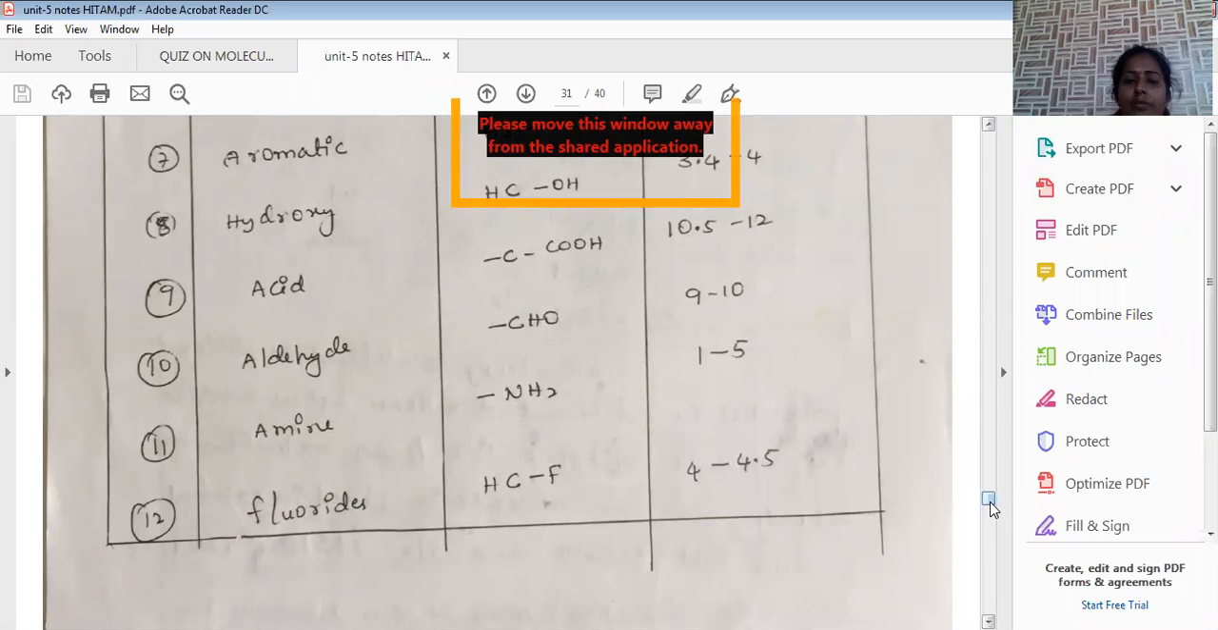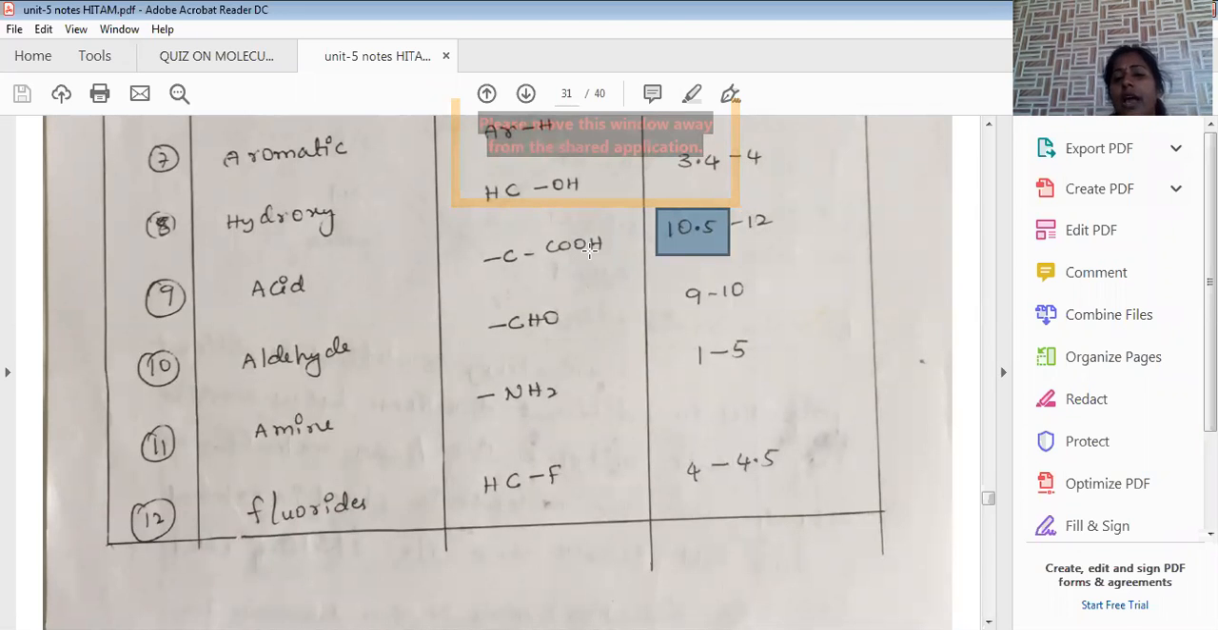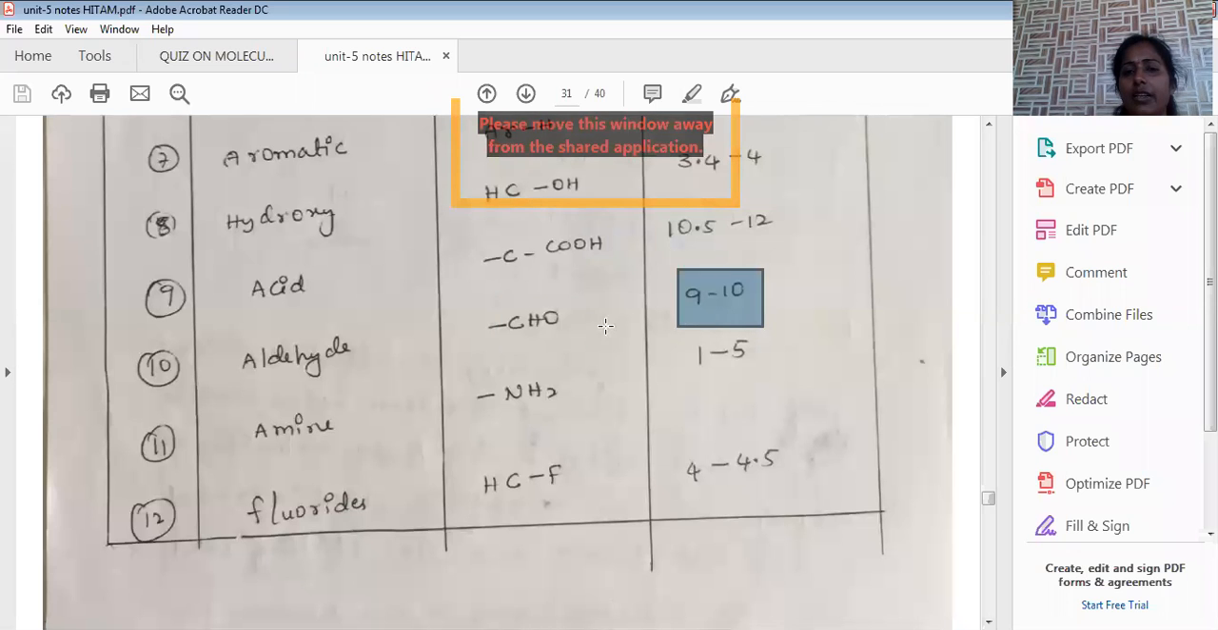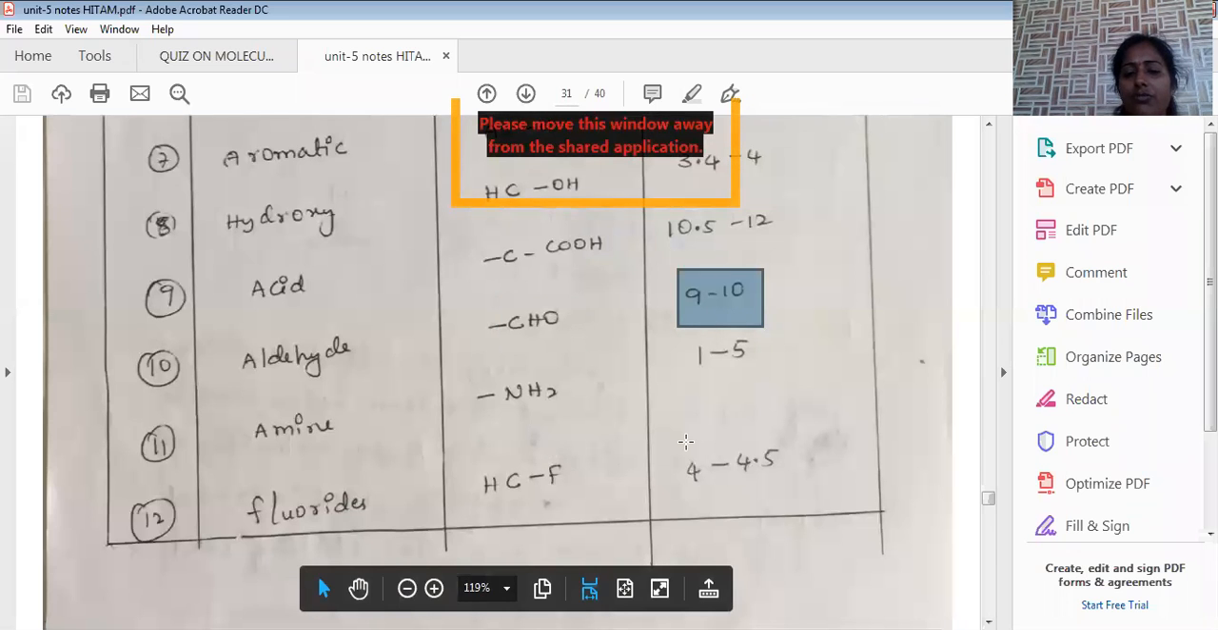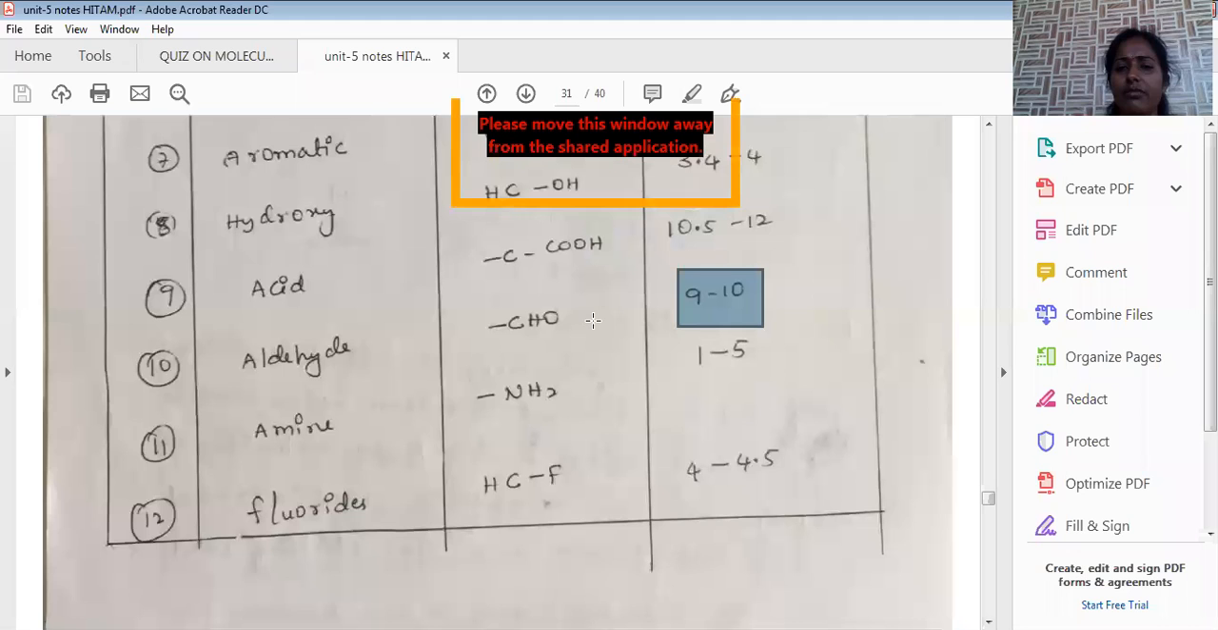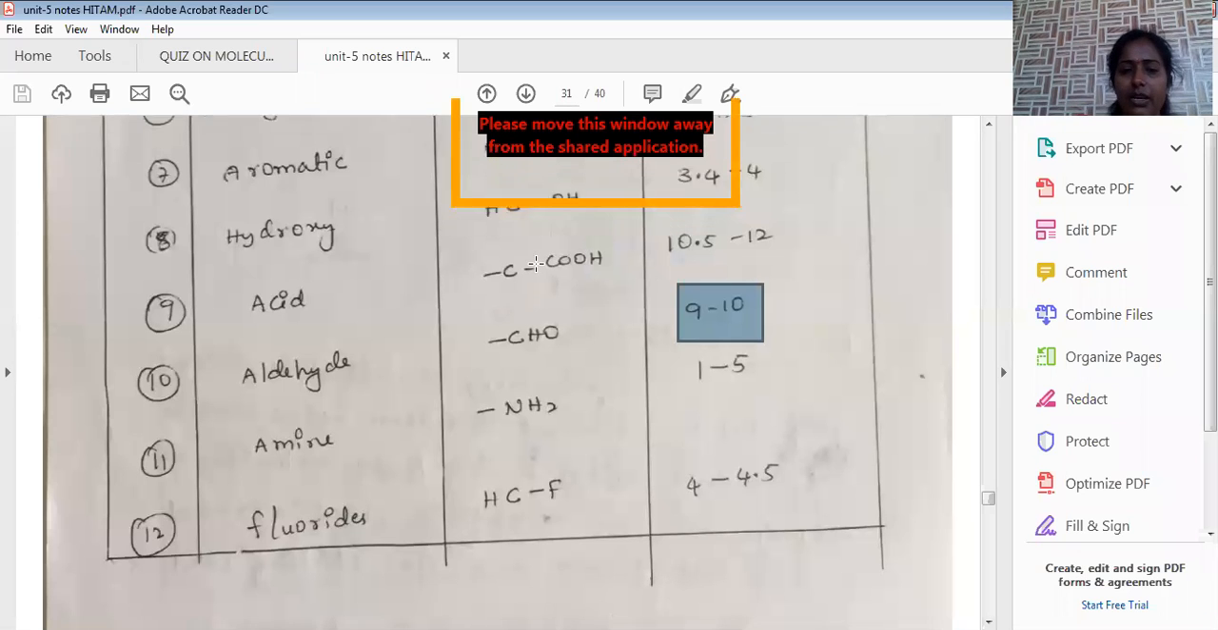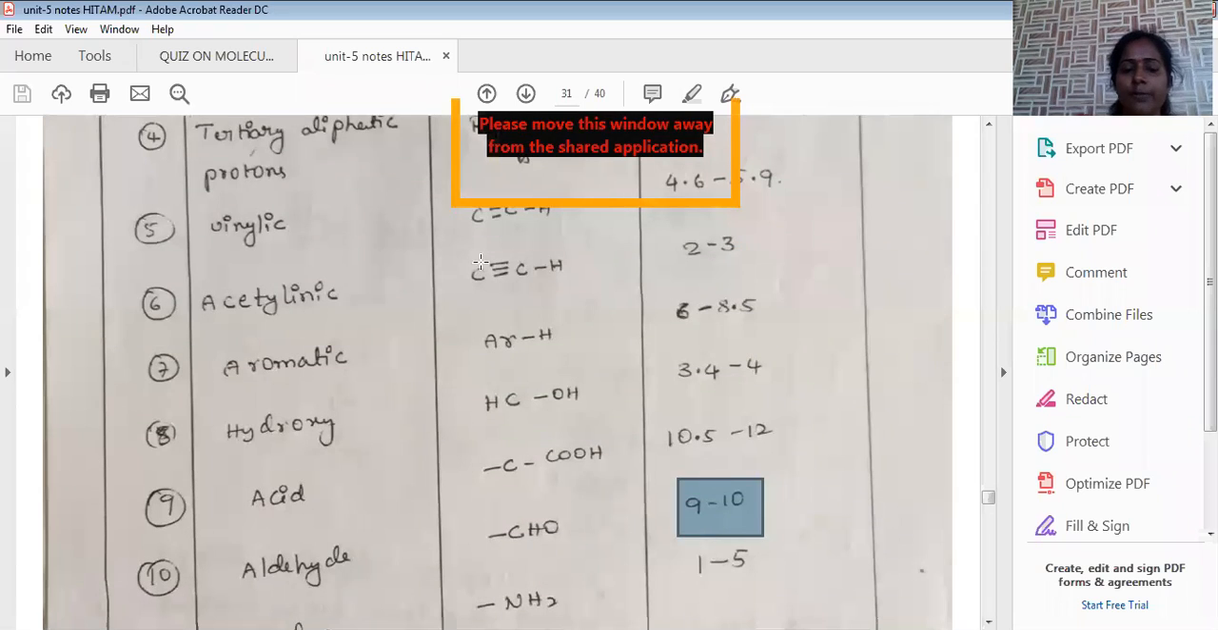And the highest chemical shift value is given for the carboxylic acid hydrogen. This hydrogen will give the peak at 10.5 to 12. Okay, actually the scale ranges up to 10 only, but exceptionally beyond that limit, this carboxylic acid hydrogen peak will be given. Even the aldehyde functional group also gives the peak very downfield, that is 9 to 10 only. And if it is attached to fluorine, around 4 to 4.5, we will get the signal. This is about chemical shift values, and a few examples of chemical shift values given by different compounds. And most important